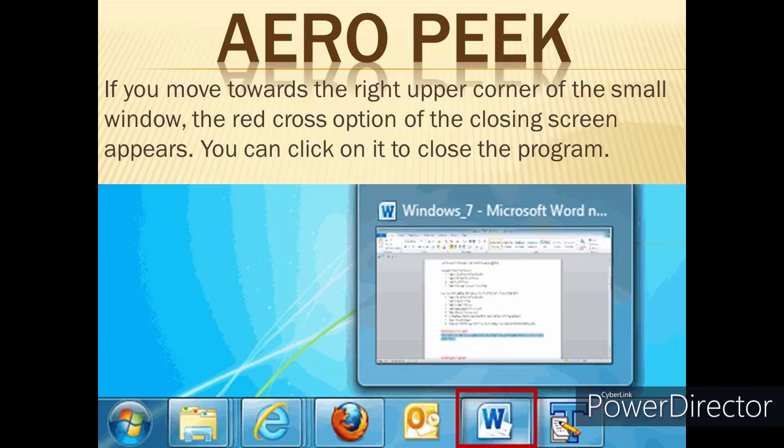So if you see the picture, children, on the taskbar, I have many applications opened. So if I want to directly close an application without opening it, or if I want to see which applications are running currently, what I do is I take the mouse pointer and keep it on the icon. Say for example, I have highlighted Windows WordPad here. So when I keep the mouse pointer on Windows WordPad,